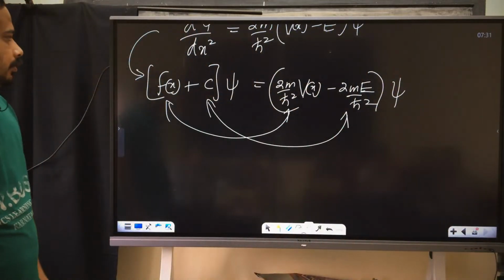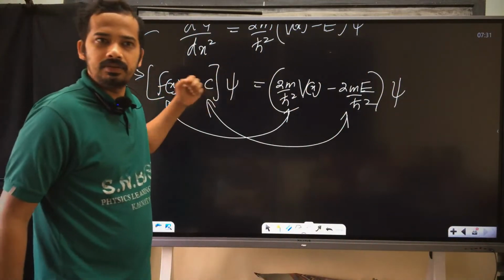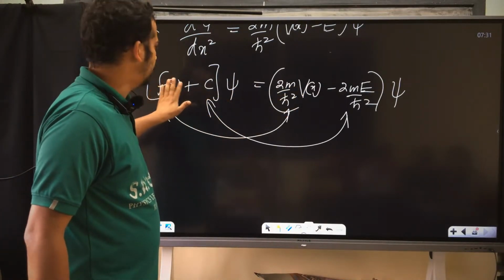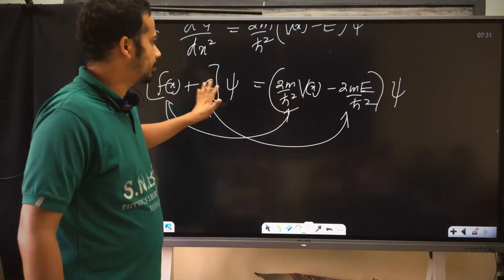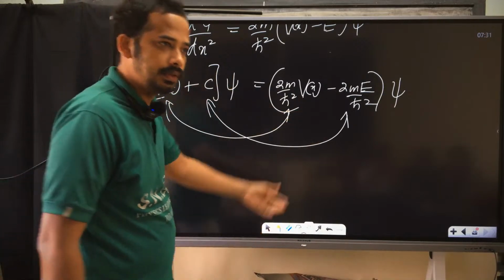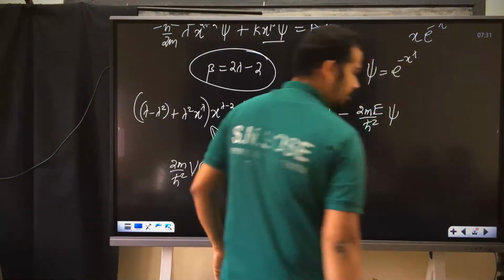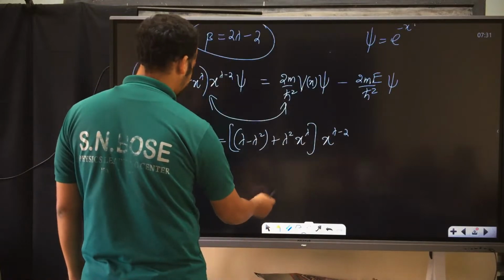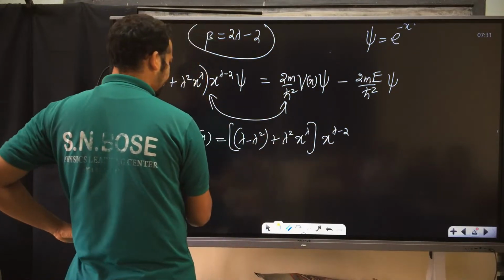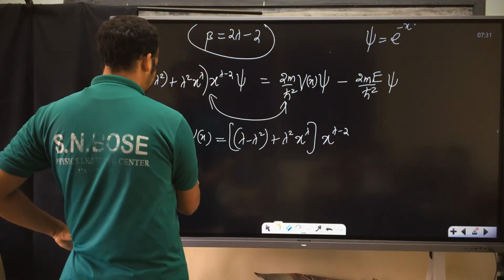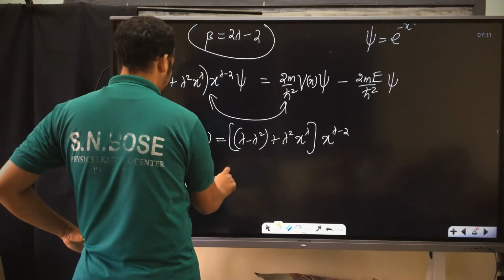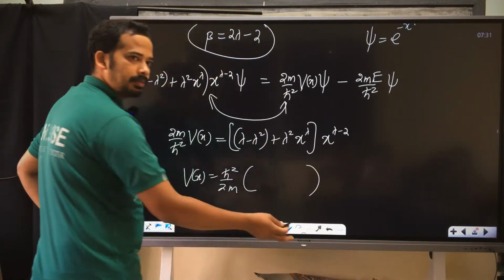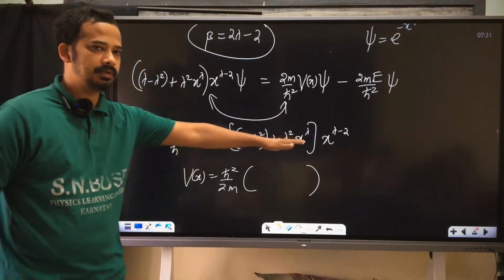You take the second derivative, you try to take the wave function outside. Whatever function part you have, that goes with V of x. Whatever constant you have, that goes with energy. Now here energy is 0. That's why I just compared these two. So my V of x is h bar square by 2m into this whole thing. Now you do that approximation. Again, this part is neglected.